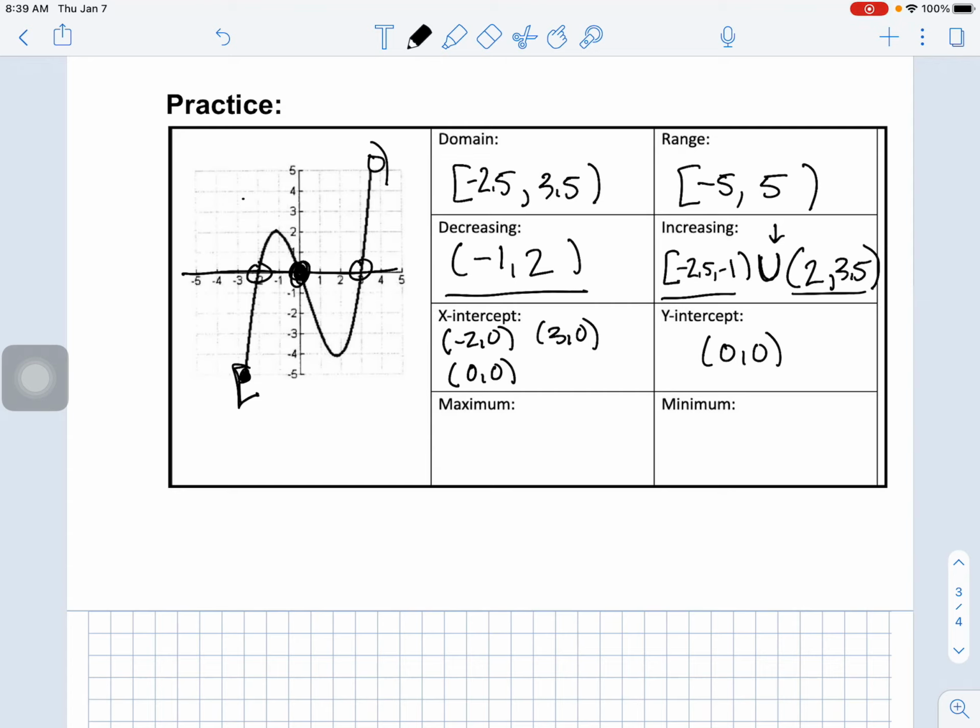And the minimum, oh, let's do the maximum, I guess. The maximum is the highest point, so that's this point right here. And that is the point 3.5, 5. And the minimum is the lowest point, and that is the point -2.5, -5. And that, my friends, is finding